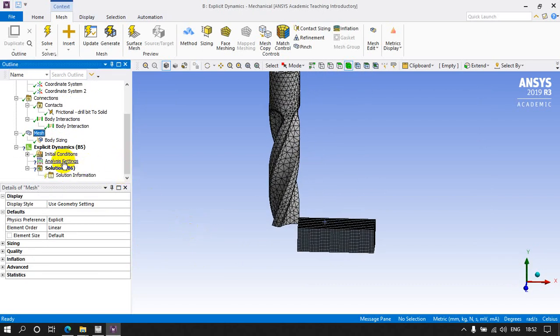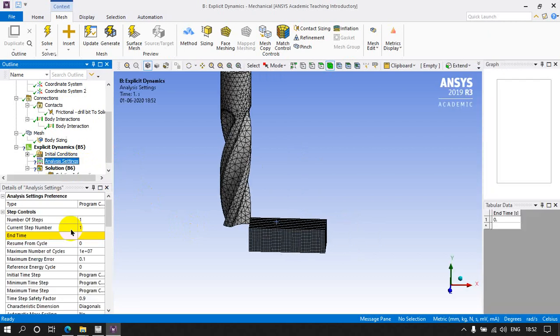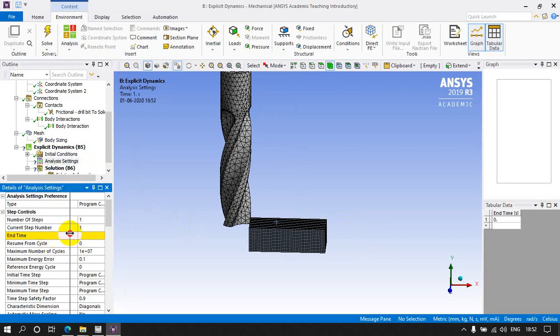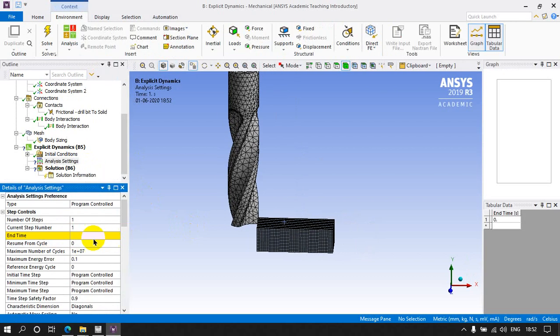So remember this one, explicit dynamics works on only a very small interval of time. Let's say if I select 1 second, it takes at least 4 to 5 days. So let's put this one, it is 1 day. Okay, it takes around 12 hours like that. So it takes around 4 hours like that, between 1 hour to 4 hours.